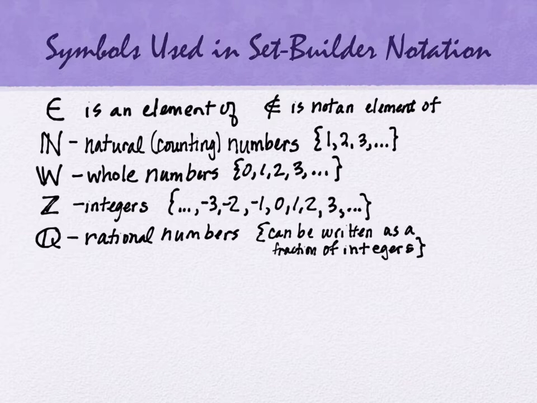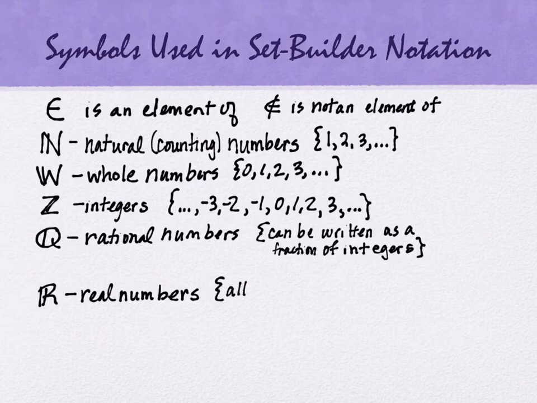It's a rational number. The reason it's a Q is because Q comes from the word quotient. Quotient has to do with this idea of division, right? Numerator divided by denominator, and that's what a fraction is. So you're getting a quotient. That's why there's a Q there. And then the last one is real numbers, and that's where you actually use the R. So these are for real numbers. And real numbers include all rational. That's everything we just talked about above. And irrational